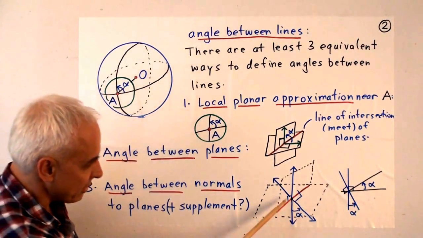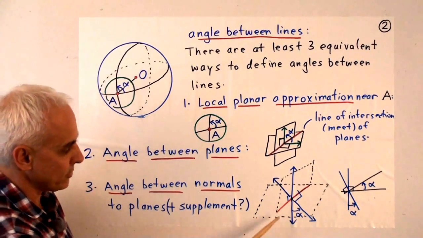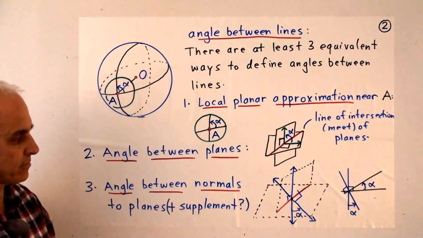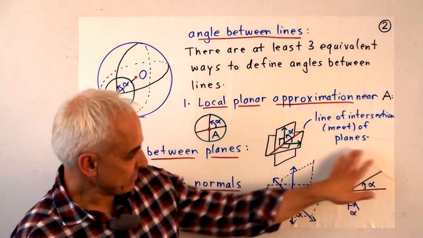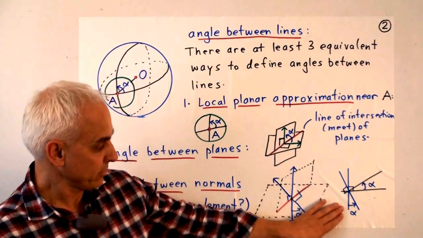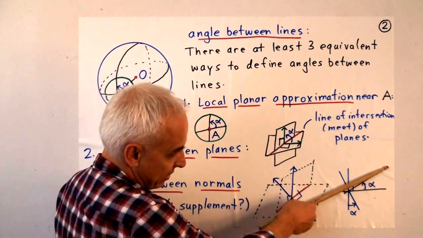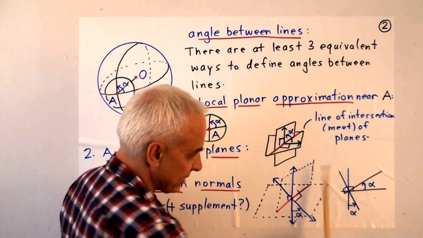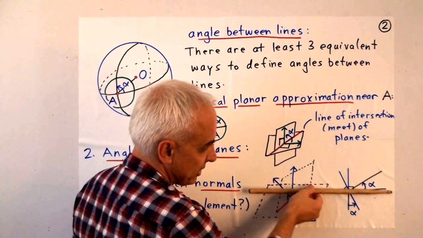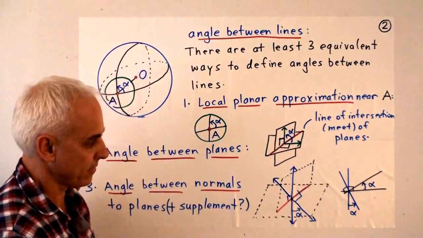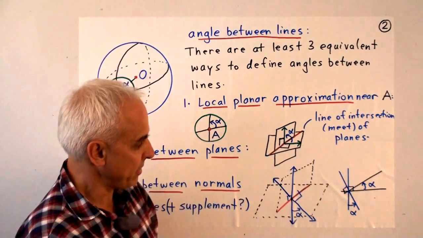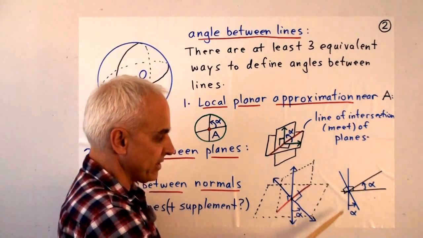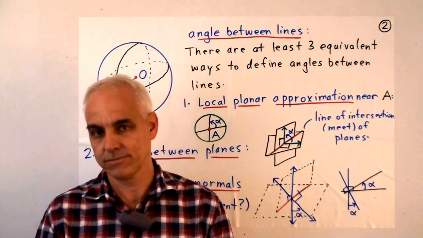And again, there's a little bit of a choice. It depends on which direction you take, which vector of the two possible normals you take in either of the two positions. Maybe that's made clear by this cross-sectional picture here. The two planes are represented by these two black lines. We're looking at them cross on, so cross-section. And the normal to this plane is this line here, and the normal to this plane is this line here. And the closer those planes are being together, the closer the normals are to being together. And the angle between the planes is the same as the angle between the normals.